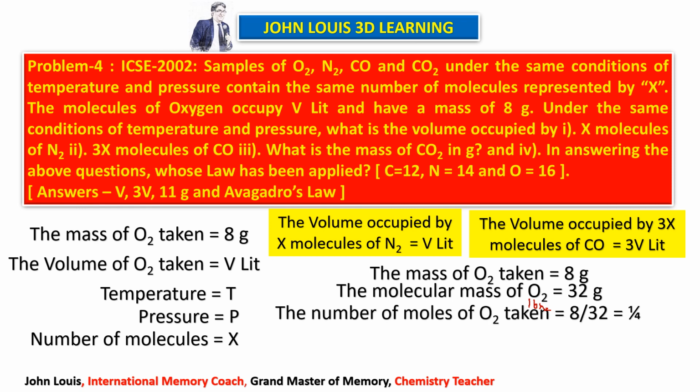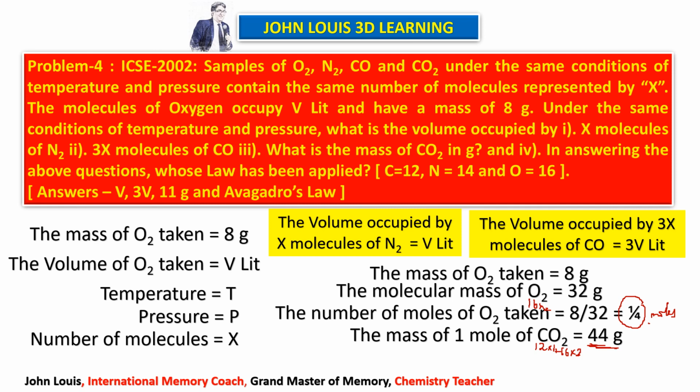Therefore, what is the number of moles of oxygen? Weight of oxygen taken divided by molecular weight of oxygen. Therefore, 8 by 32 is equal to 1 by 4. Therefore, the number of moles of oxygen is equal to 1 by 4. Similarly, the same number of moles of carbon dioxide we have to find out. What is the mass of 1 mole of carbon dioxide? The mass of 1 mole of carbon dioxide is equal to its molecular weight in grams. What is the molecular weight? Atomic weight of carbon is 12. Only 1 carbon, therefore 12 into 1, 12. Atomic mass of oxygen is 16. There are 2 oxygens, therefore 16 into 2, 32. Okay, if you sum this up, we will get 44 grams.